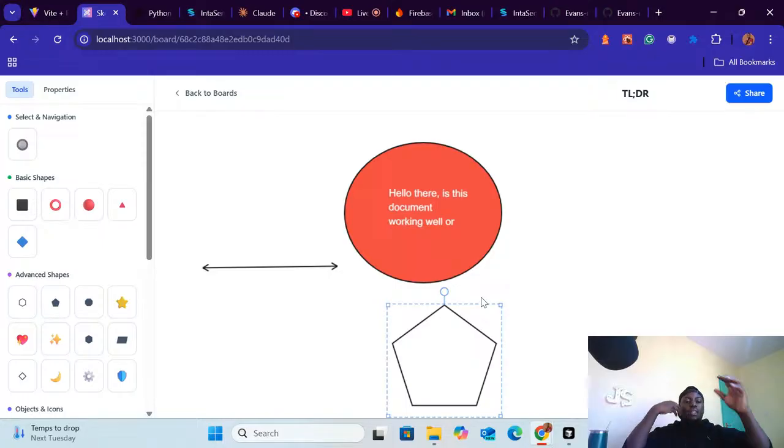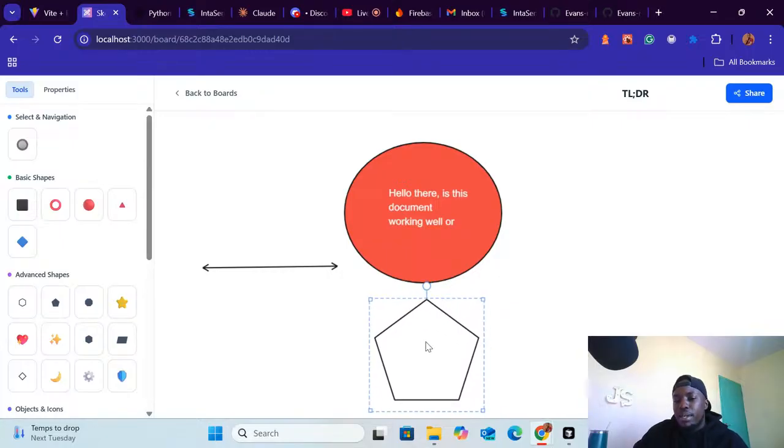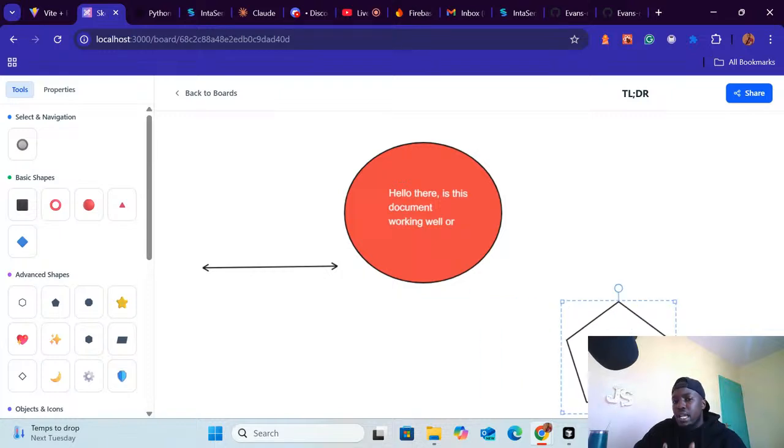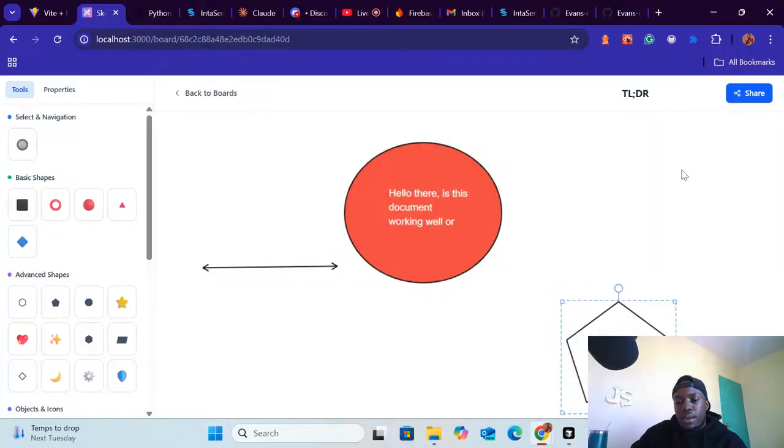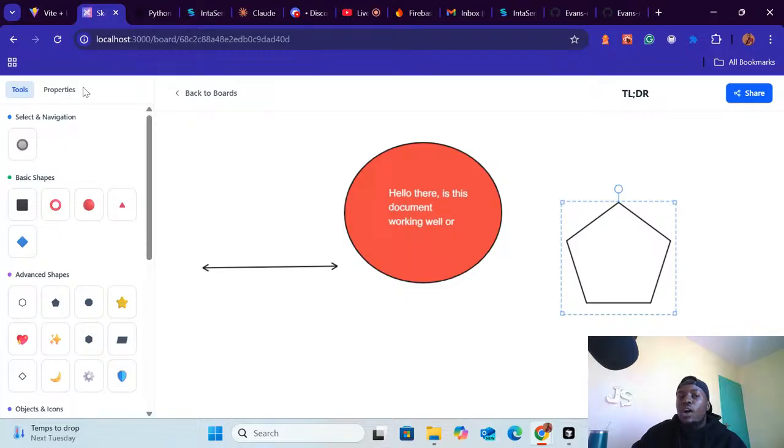Now I need to start thinking about some extra things, like how can I connect the front end with the database such that everything I do here is real time? As a developer, I need to understand the logic behind real-time systems. For example, let's say I invite someone to collaborate on this system, just like we invite them. The moment I invite them, I expect that on their end,